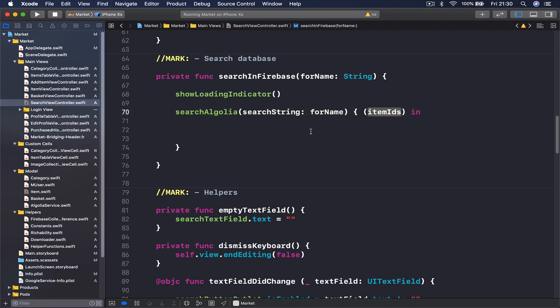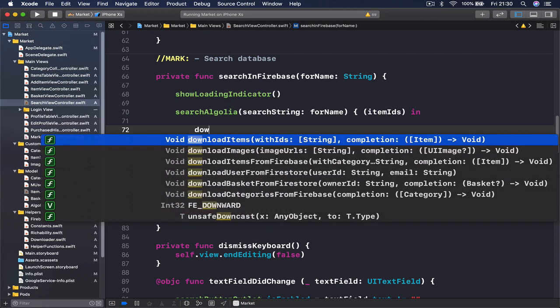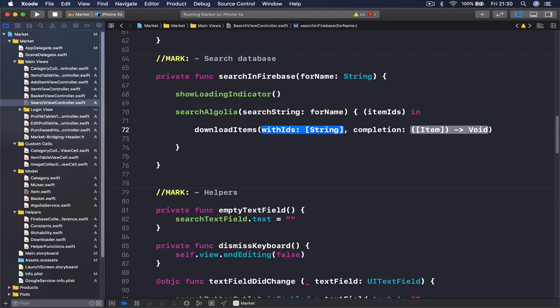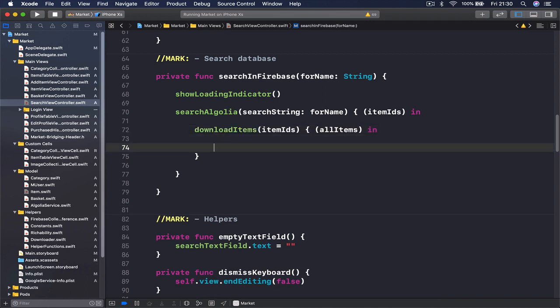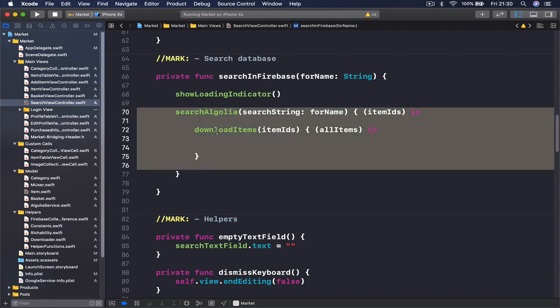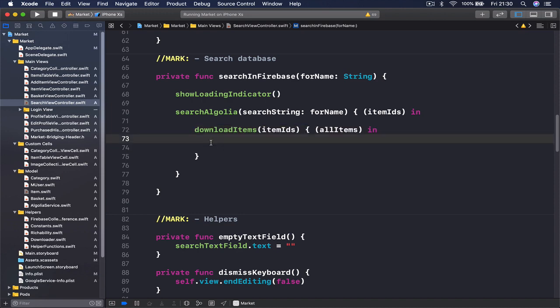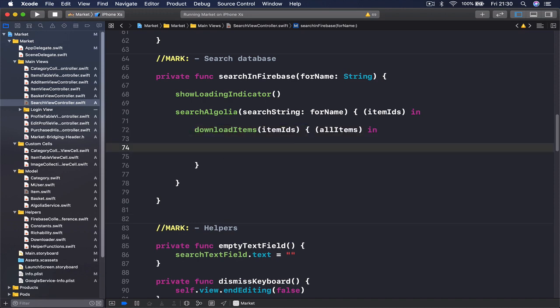And once we have these item IDs from Algolia, we can use our download items function with IDs, and we can pass, see this accepts an array of IDs. We can pass this array of IDs here, which will in its turn go and, let's call this all items, go and grab everything from Firebase that has the specific IDs. So we are doing two searches here, first Algolia and then our Firebase. And once we receive our Firebase results, we say